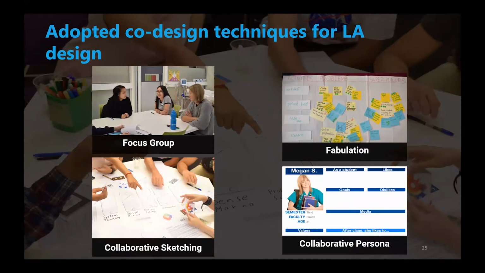The collaborative persona helped to model what our learners look like. We understand that learners are so diverse and have such different qualities that we can still find some similarities. So people have the opportunity to model themselves and say, this is who I am. This is, as a nursing student, what kind of tools I use and what my goals are. And it helps the designer understand who the main user is.